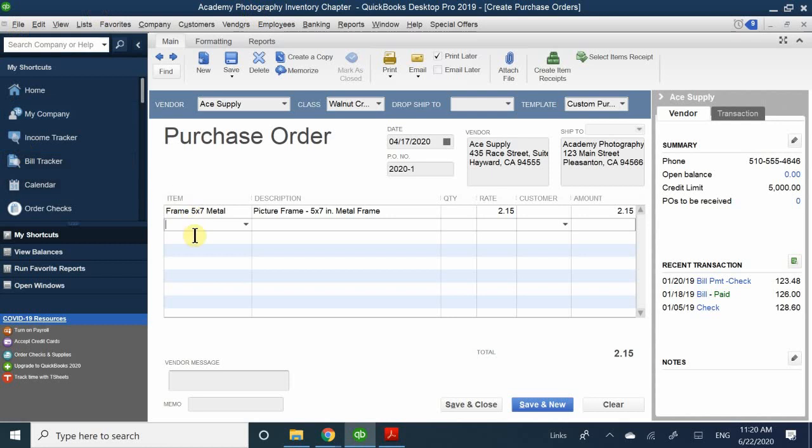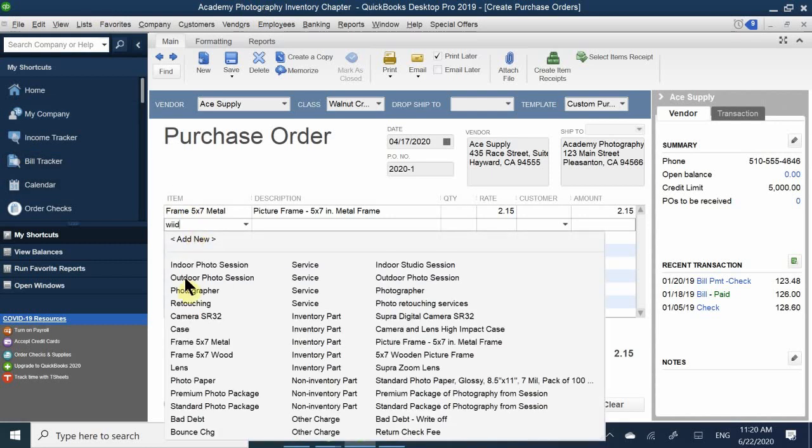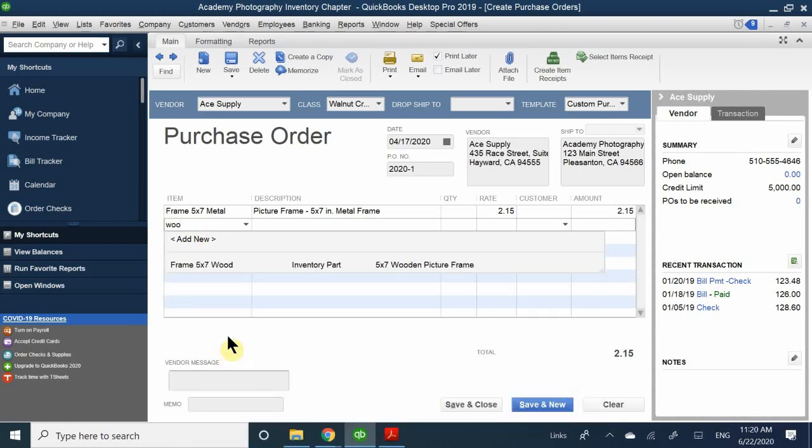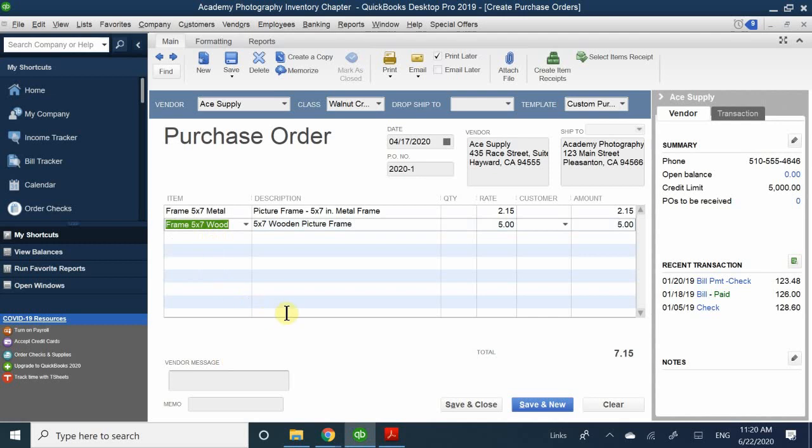I also want to make purchases of my wooden picture frames right here. So I believe it's 20 of the metal, and I want 40 of the wooden picture frames. And if I were to go ahead and calculate the total, it should be giving me a grand total